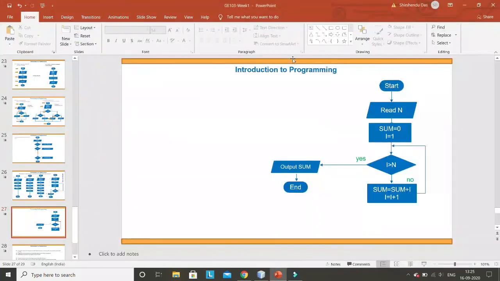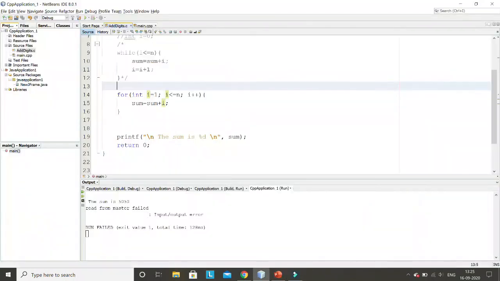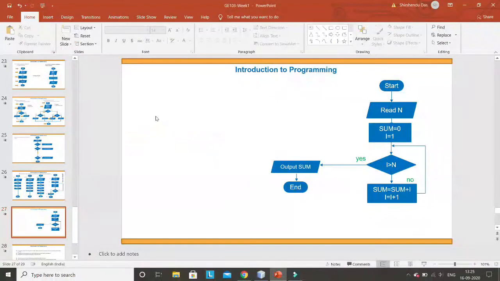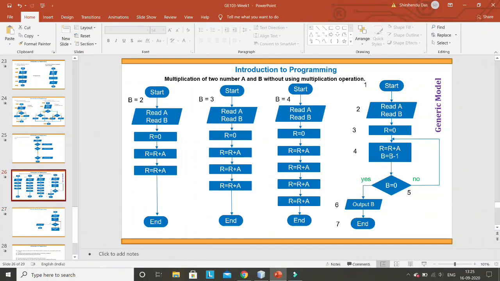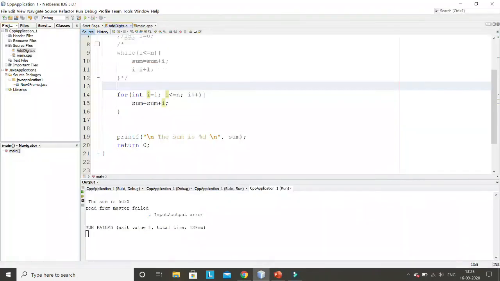What I did here is I just implemented this flowchart using both while loop and for loop. So your assignment is this. If you remember the flowchart that I have explained, it also has looping behavior. See, it is also looping behavior. So convert this flowchart into a C program using both while loop and for loop. This is your home assignment. You try to do this, and if you can do it successfully, then I'll assume that you have understood both while loop and for loop.